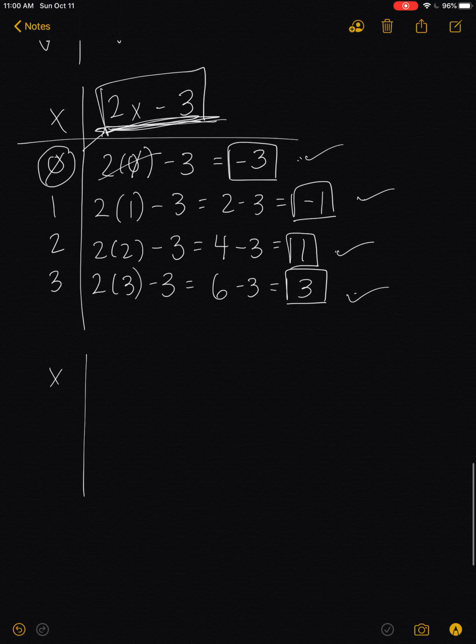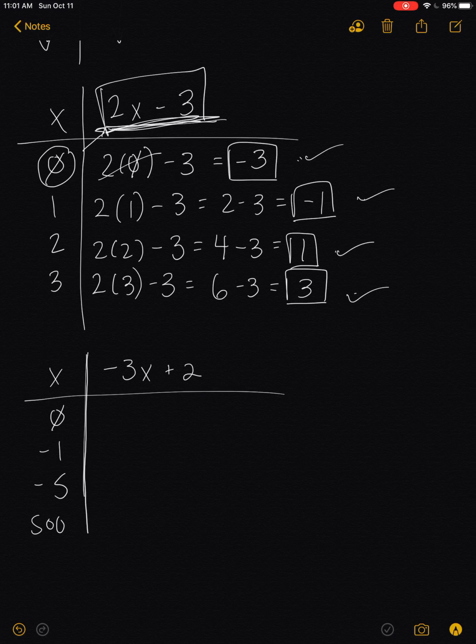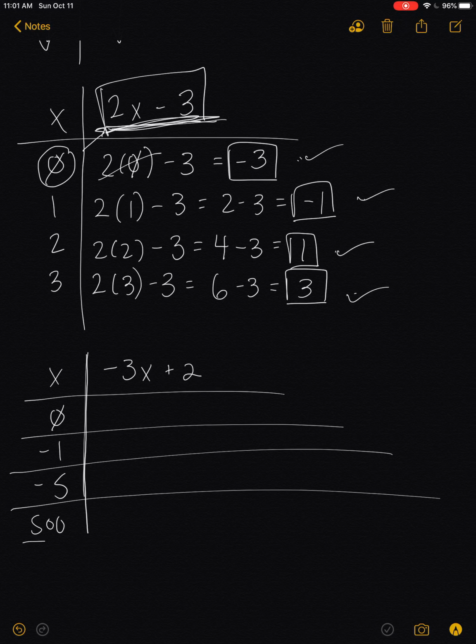Sometimes it's even empty, so you might have a substitution table and it says fill it in. So something like this. If it's empty and it says fill in the table, that means you can pick any number for x. I always like to make them small because they're simpler numbers, but you can pick any numbers you want. You could even do like 500, whatever you want. They'll usually have slots for you, so you know how many to do. And so yeah, you can pick any value for x, and you just plug it in